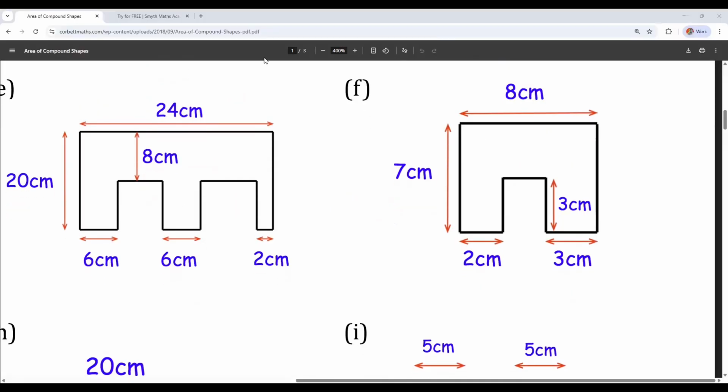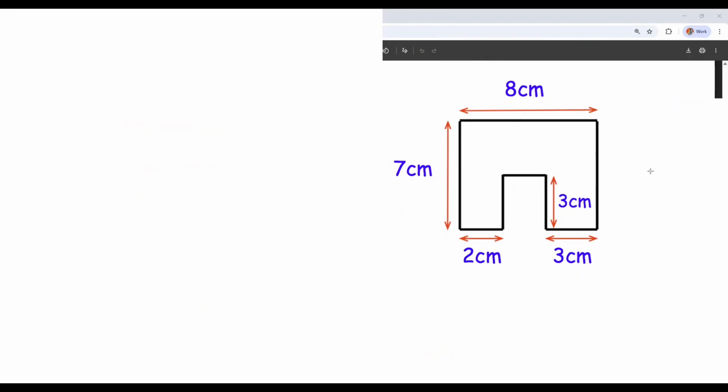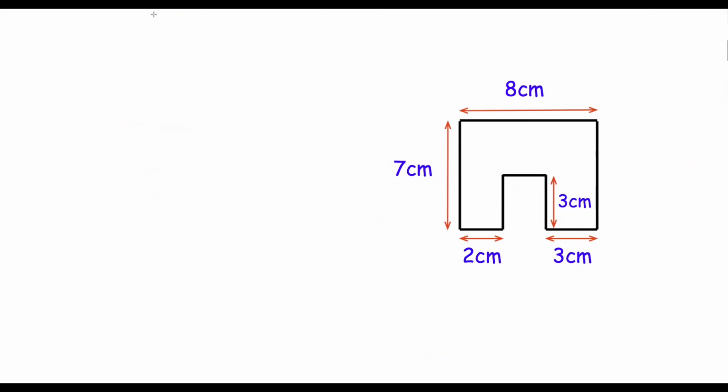So let's try something like question F. Okay, so with these questions, by the way, there's lots of different ways to do things. You might have a slightly different way to what I do, but this is just the way that I would do things. So with this one, you could break this up into a couple of shapes. Maybe you break it here, and maybe just do this shape and this shape. But something that I've recognized is that if we fill this space in, we could work